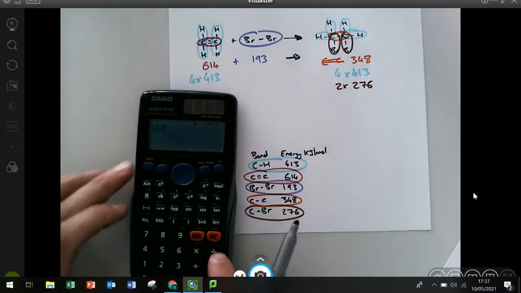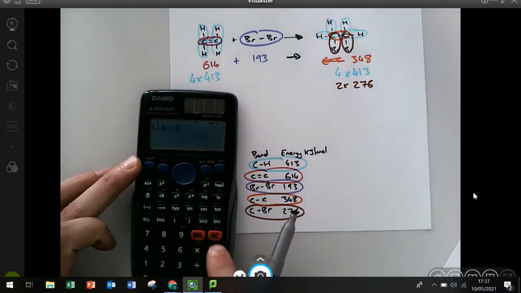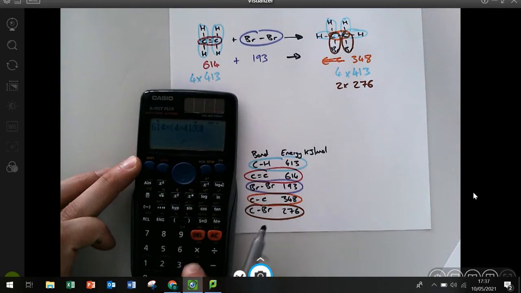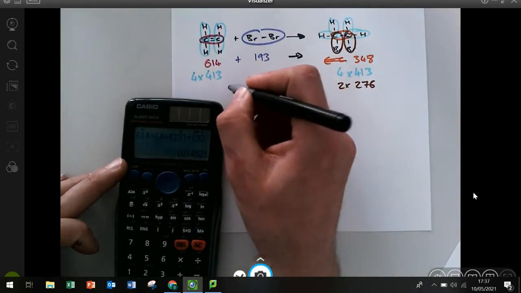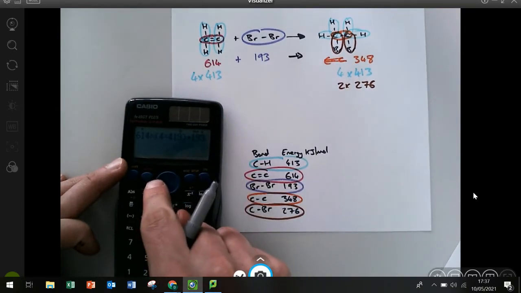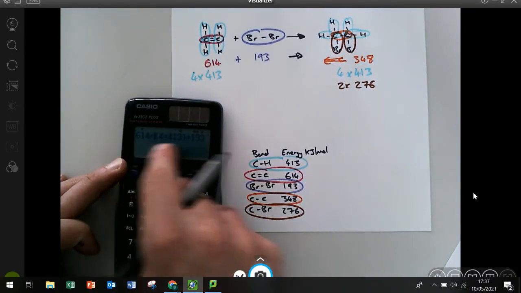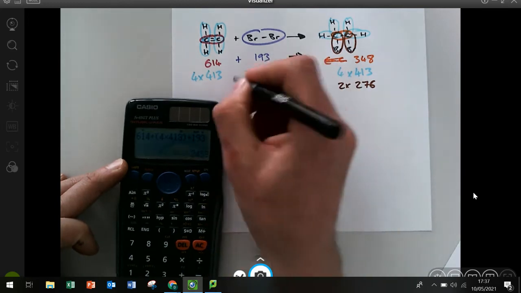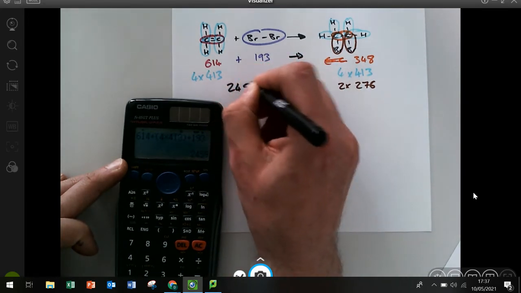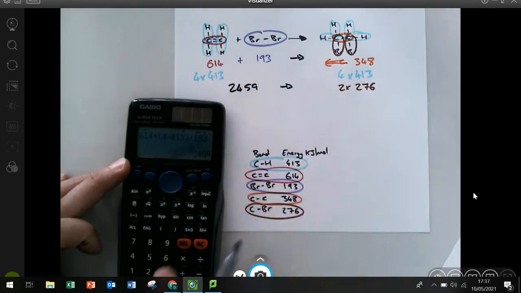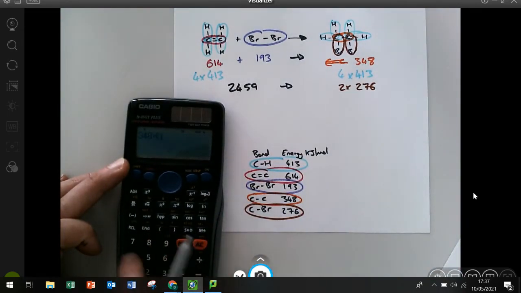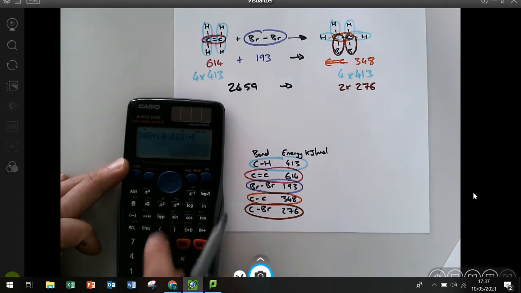So 614 plus 4 times 413 plus 193. So on the left-hand side, I've got a really big number. I made a mistake. This should be a plus sign. So I've still got a big number, 2,459. And on the right-hand side, I've got 348 plus 4 times 413 plus 2 times 276,